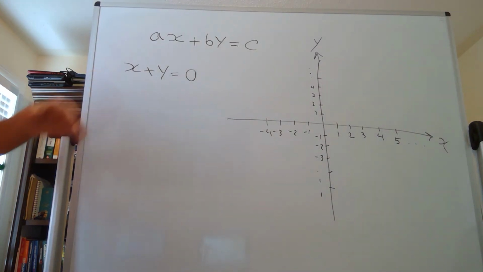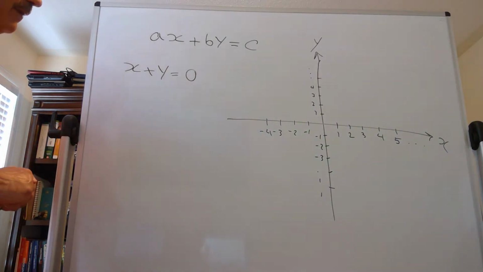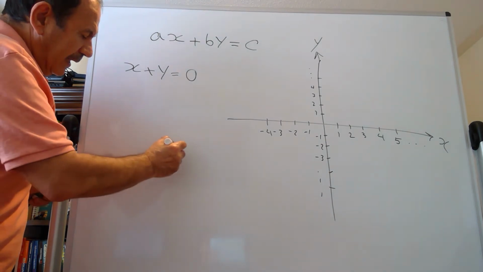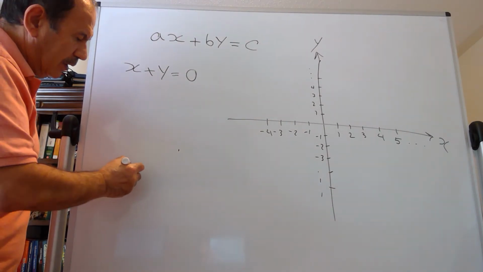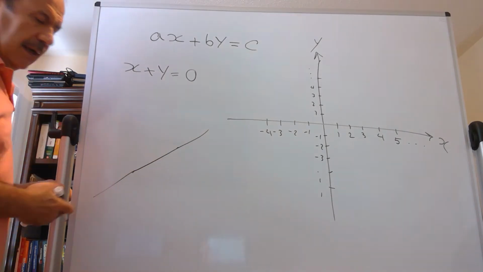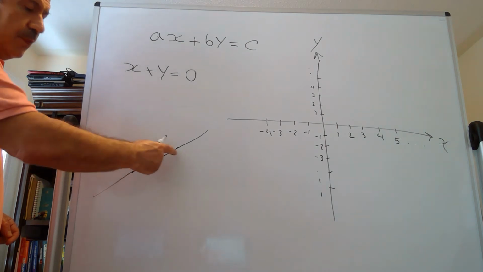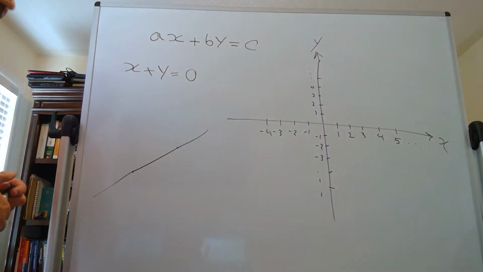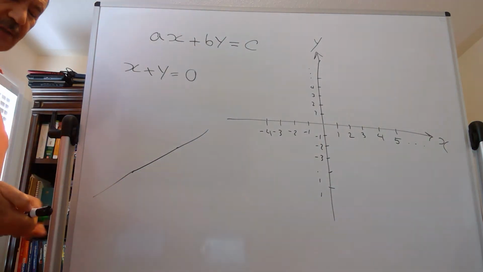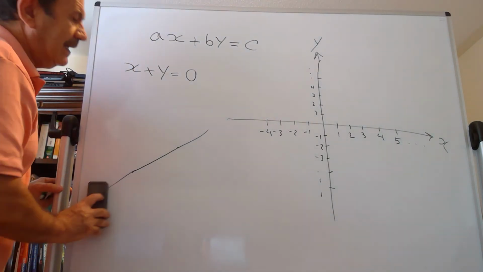For graphing any straight line, we need 2 points. If I have 2 points from any straight line, I can graph it by connecting these 2 points and continuing from both sides. From 2 points, it's possible to graph only one straight line. It's not possible to graph more than one. So if we have 2 points, we can graph